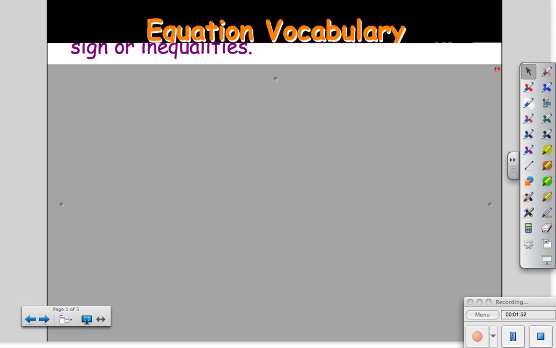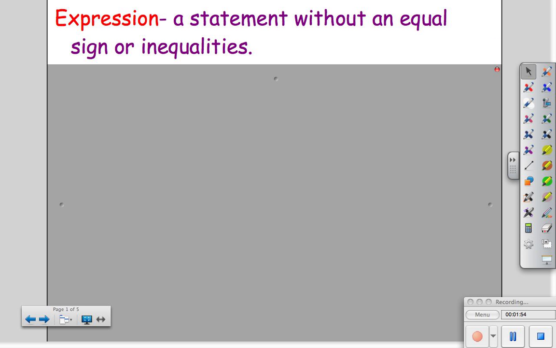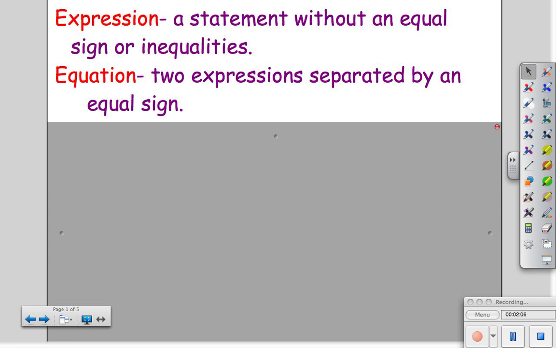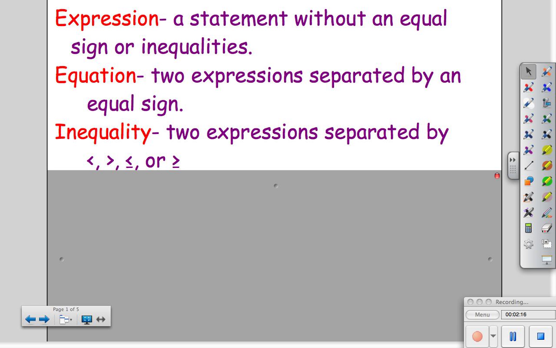Let's talk about what expressions, equations, and inequalities actually are. Expressions are mathematical statements that do not have equal signs or inequalities. Equations are two of these expressions with an equal sign in the middle. And inequalities are two expressions separated by one of your four inequality symbols. To remind you what your inequality symbols are,